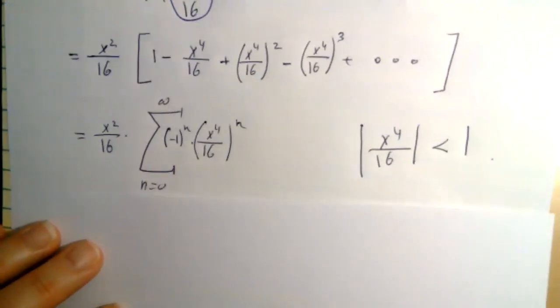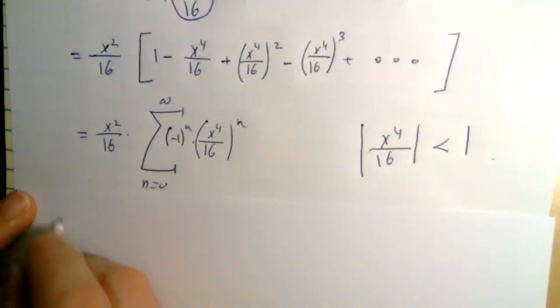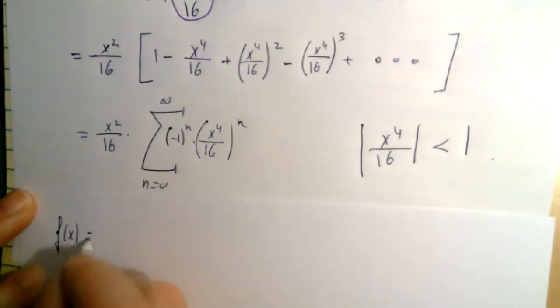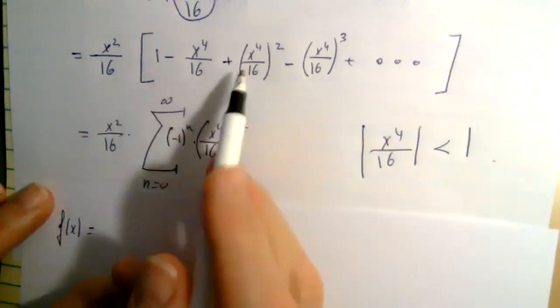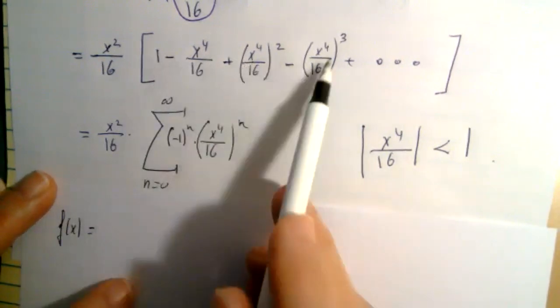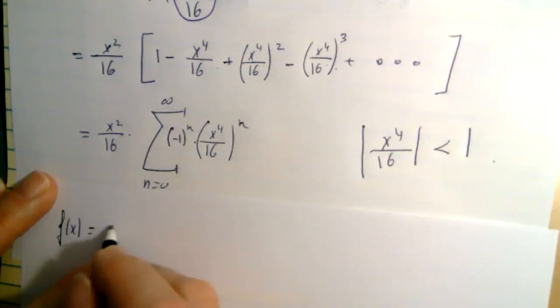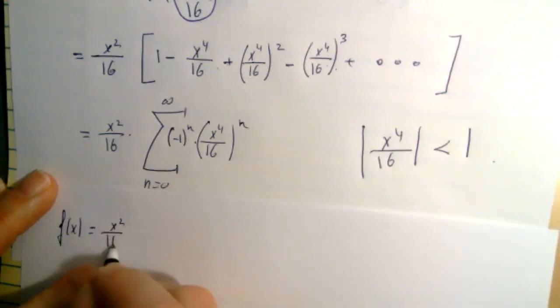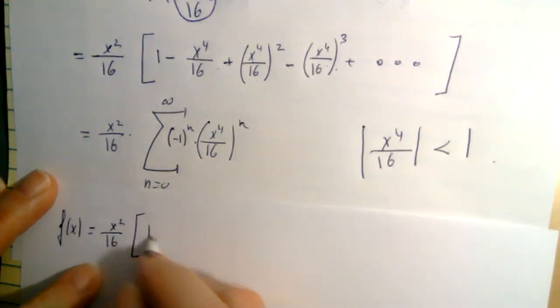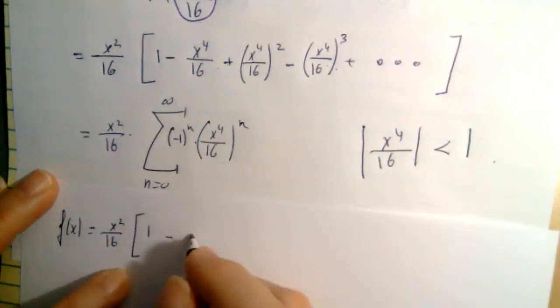All right, so now let us do the algebra. So what is my f of x equal to? So my original function. I'm going to multiply. No, before I multiply, I'm going to make those look a little bit nicer. And then I'm going to multiply. So x squared over 16 times 1 minus x to the power 4 over 16